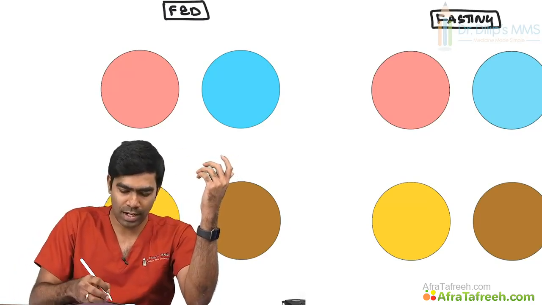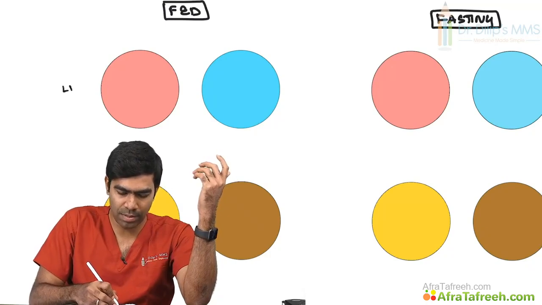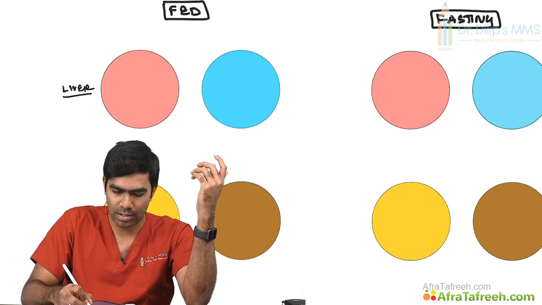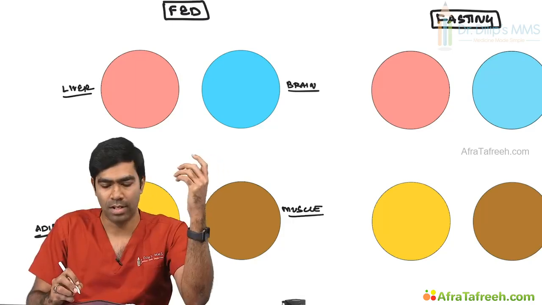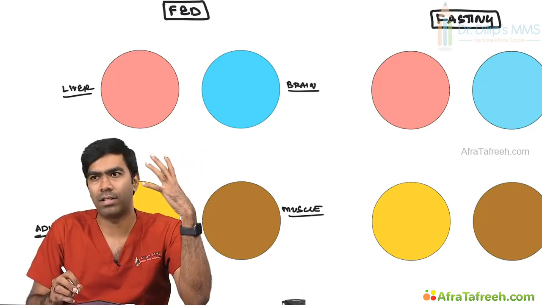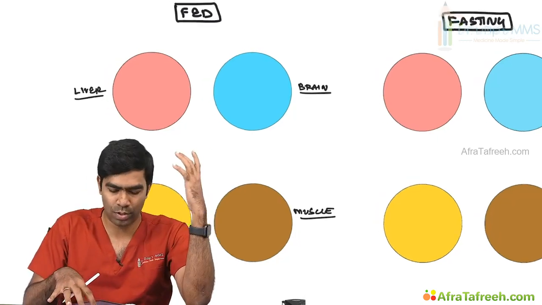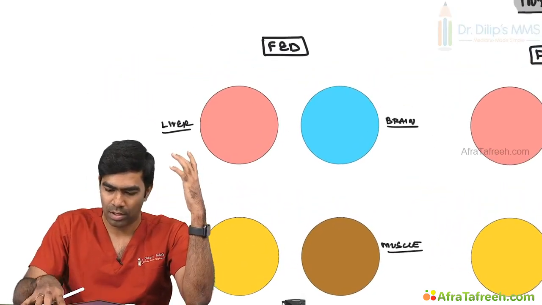So obviously, let us take this as the liver, this as the brain, this as the adipose tissue, and this as the muscle. So let us see what happens in each and every area. In the setting of the fed state, that is high insulin and high glucose, this is what is going to happen, where the liver tries to